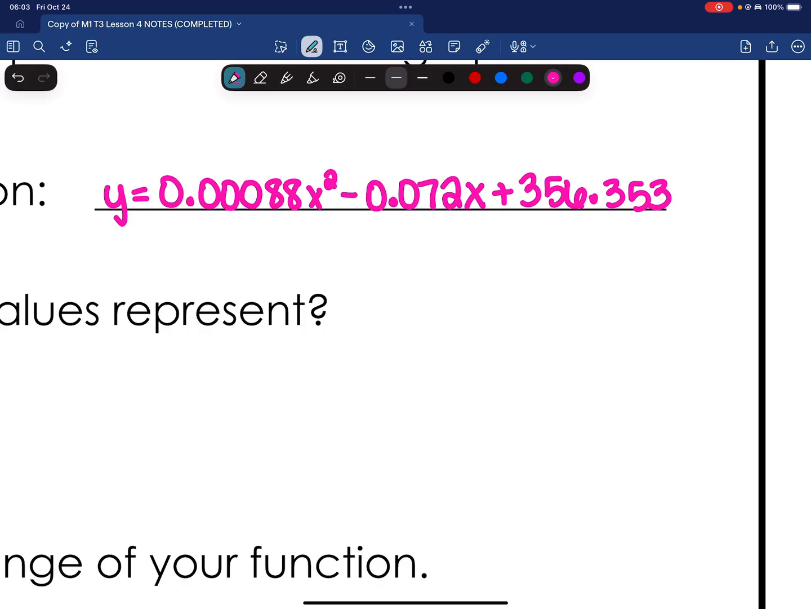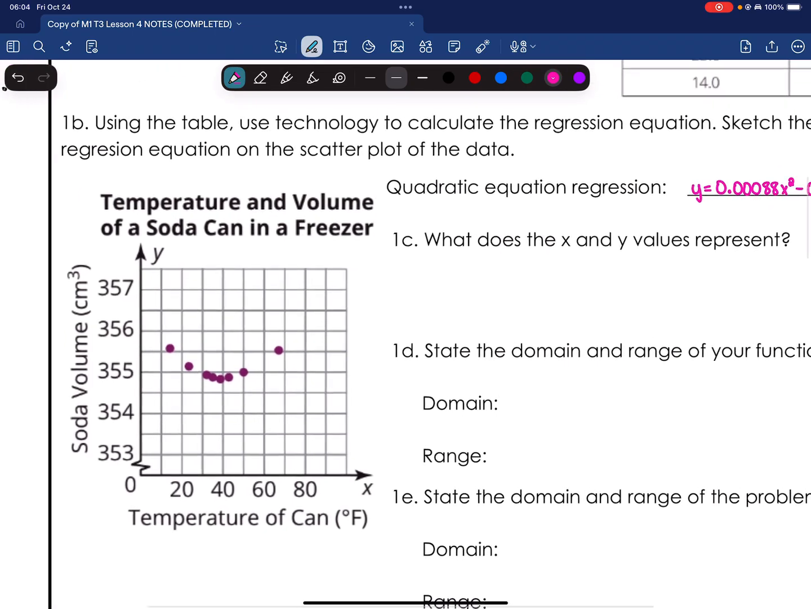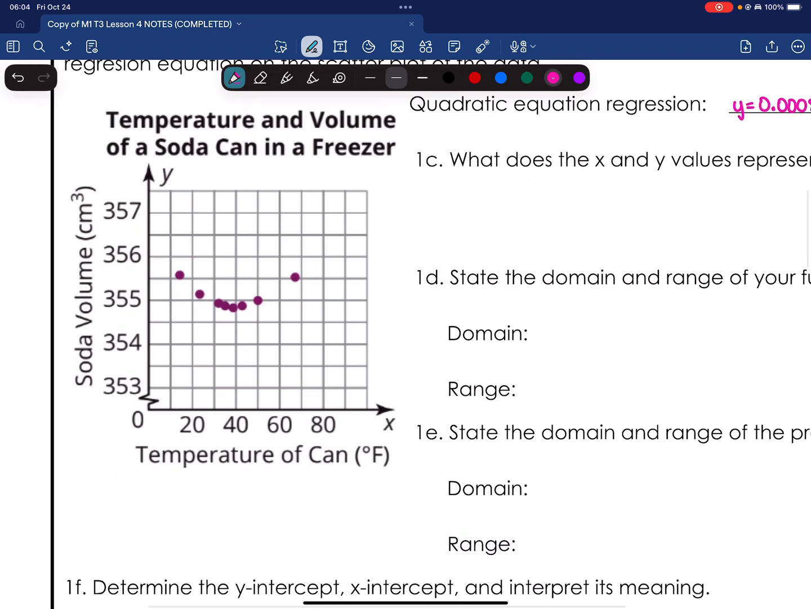Okay, so now we're going to go through and we're going to talk about the data. Oh, before we do that, it did tell us to sketch a graph of the regression. So we're going to sketch a graph here. And it's going to look something like that, maybe. Okay,